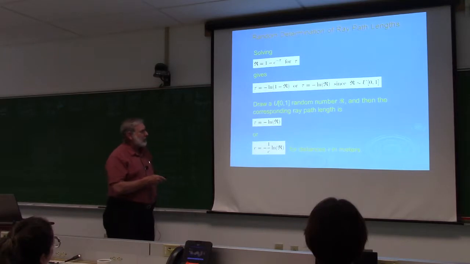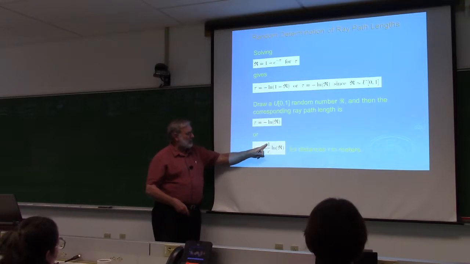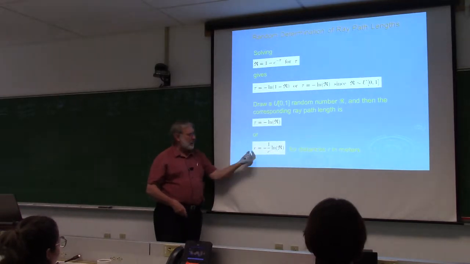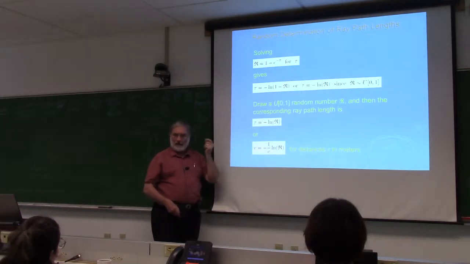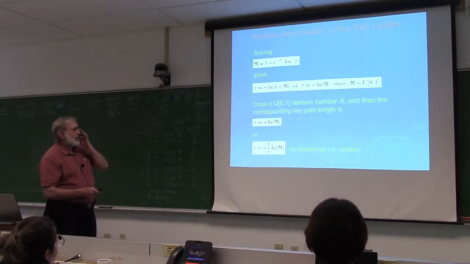And if I want to use not optical distance but physical distance, then tau is c times the distance r, so I would just have minus 1 over c log r. So that's how I generate how far this ray is going to go at random. Okay,